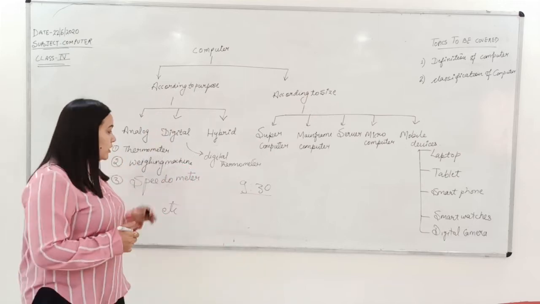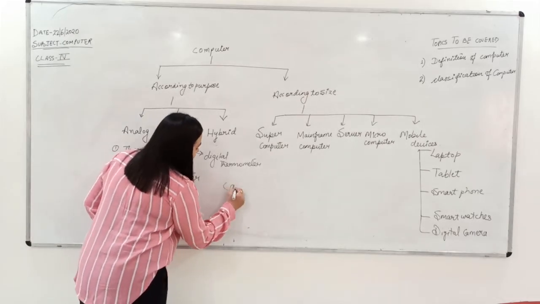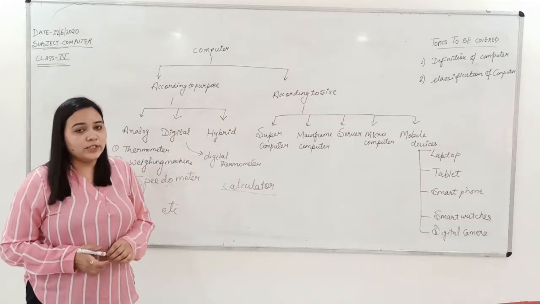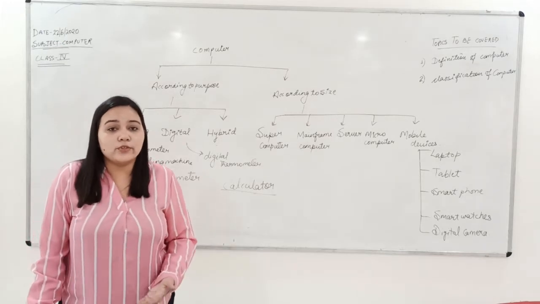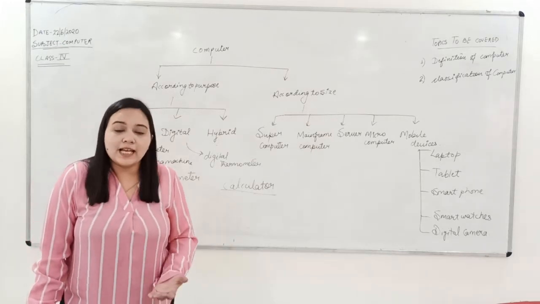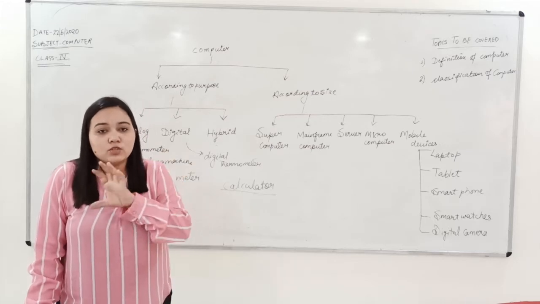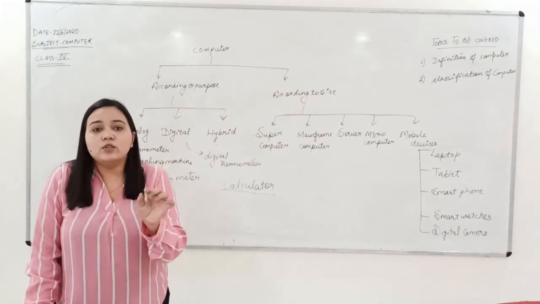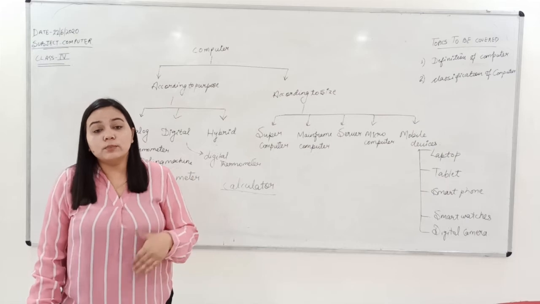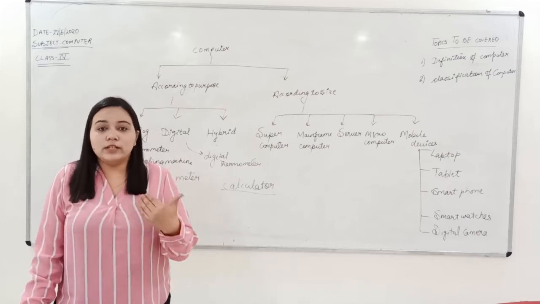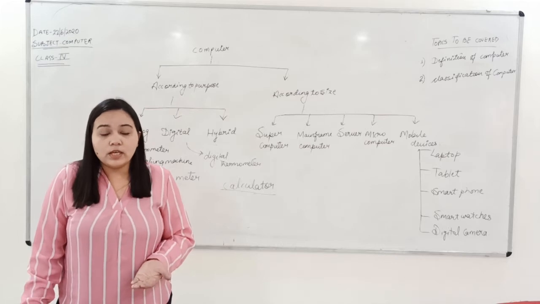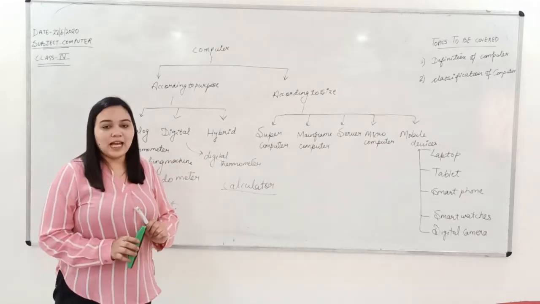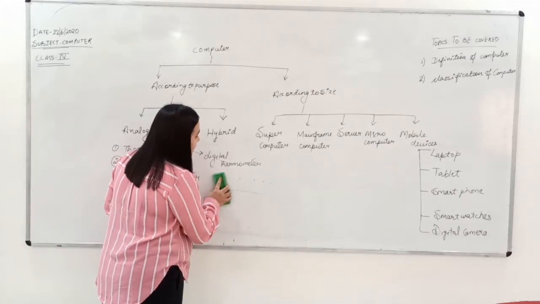Then another example of a digital device is a calculator. You all use calculators, your parents use calculators, you must be having one at your home. You can ask your parents to show a calculator to you, and it has so many keys on that. You will just press the key, you will press the operator, and you can do addition of two numbers, multiplication of two numbers, division of any two numbers, and you will directly see the result in the digital form. Okay, so all these are digital devices. Then moving further, we have the hybrid devices. What are these hybrid devices?